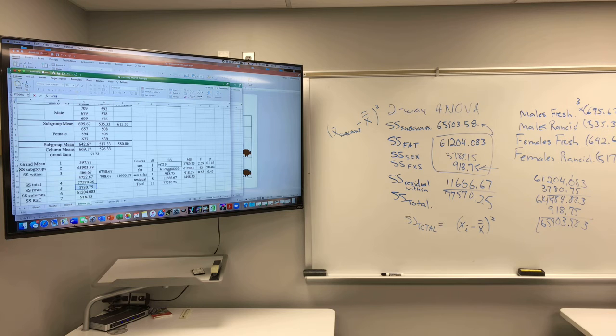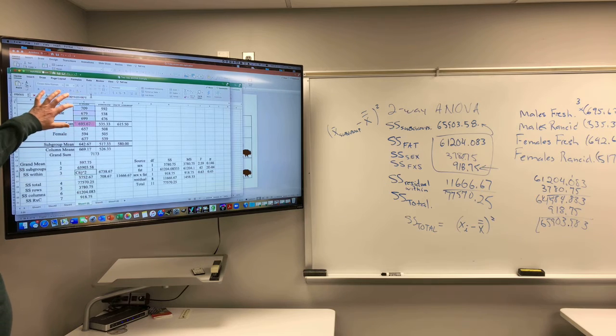And you can see these are just actually keyed to where they are in the calculations that I've done. There's the sums of squares due to columns. Here's the interaction term, which is there. And then we have sum of squares residual. And when you look at the sum squares residual, you can see that this is just the sum of those things. But when you look at each of these things here, this is just, once again,